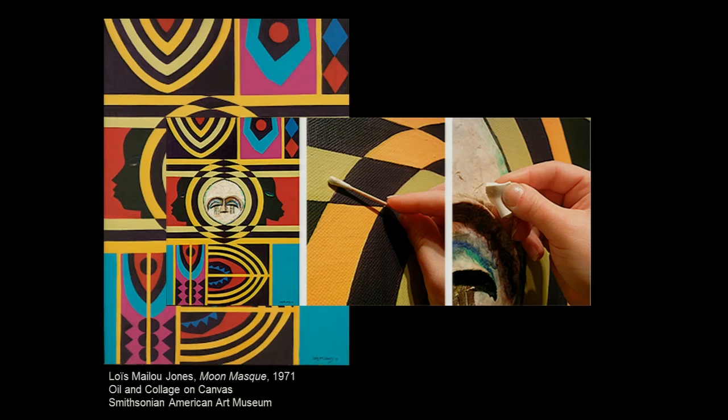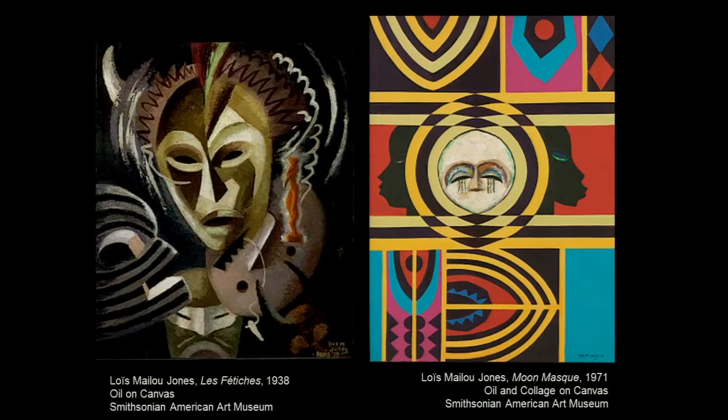In tracing the evolution of Jones's aesthetic from her time in Paris through her summers in Haiti up until she travels to Africa in 1970, one notes that Jones begins to develop what I consider a diasporic art practice that is characterized as post-European by a move from the representational to the abstract and its requirement of contact and translation